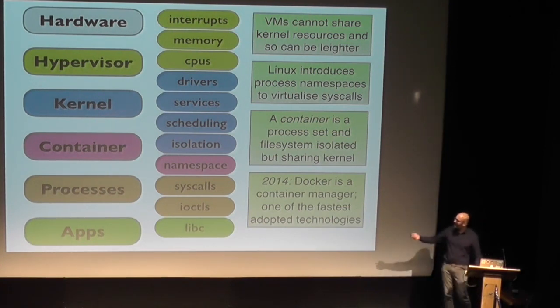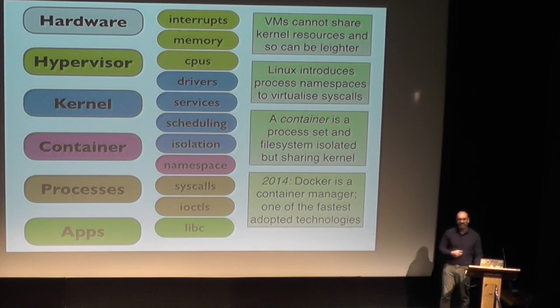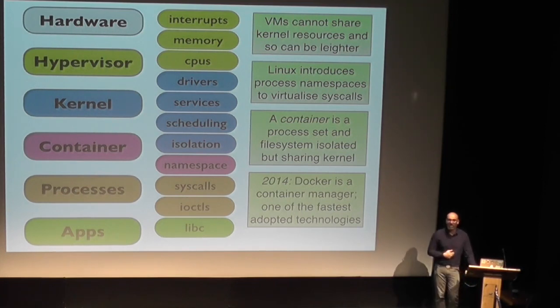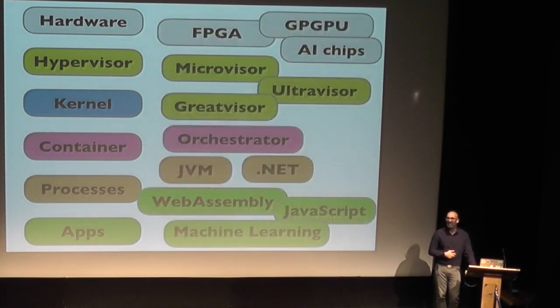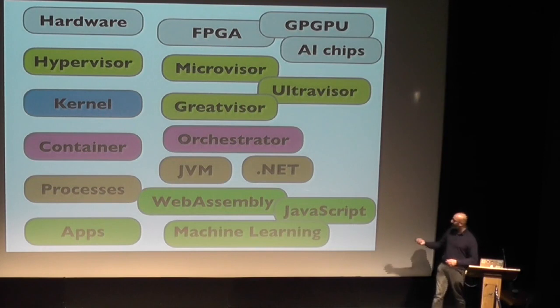And so each of these layers is clearly solving a problem. I've talked about Xen being deployed in billions of virtual machines, Docker also being deployed in billions of containers by Google, by Amazon, by Microsoft, and so on. But where is this all going? What is going on? Are we just going to end up with more and more of these things?